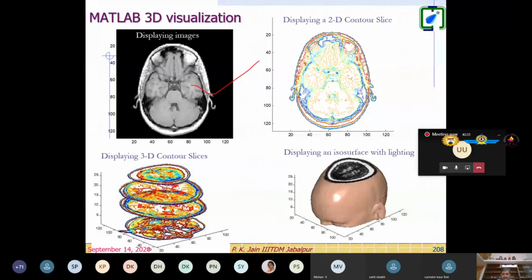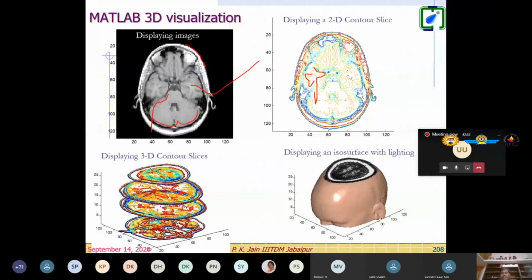And these are the different contours, generated based on the grayscale or Hounsfield value, right? So you can see the different contours with different colors. This is based on the uniform gray color value, right? You look at this. This is the bright feature. This is the bone of the skull, right? You can see on the top. So different contours have been generated. You look at this. This is the bone portion, right?